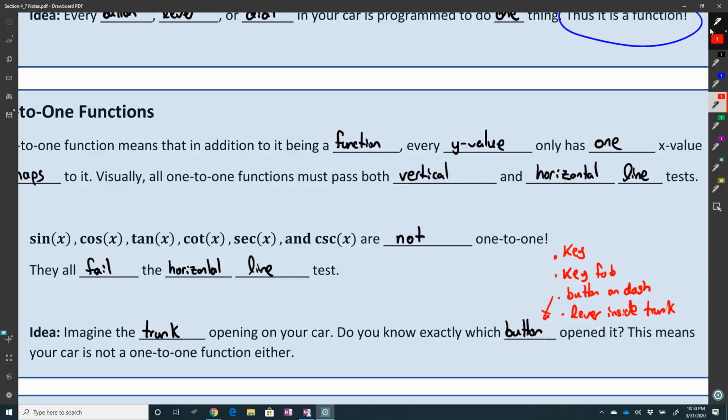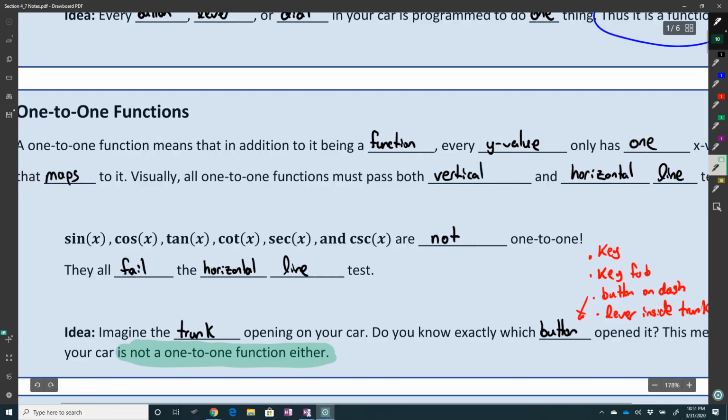So it's not a one. Your car is not a one-to-one function. And that's good. You don't want your car to be a one-to-one function. You don't want there only to be one way to open the trunk and that's it. You don't want there to be only one way to, I'm not really going anywhere with that analogy. But anyway,